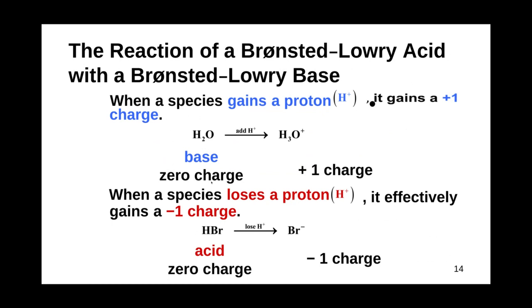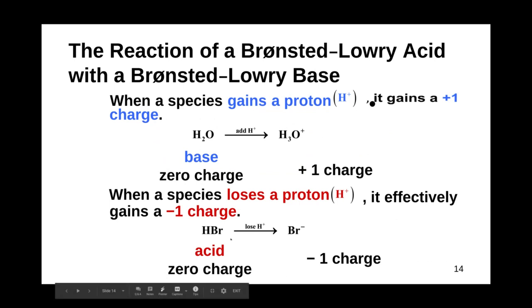So in this case, the initial form of our base, water, is going to gain a proton, thus it becomes positively charged. Because we're adding a proton, we're not adding any electrons with it, so we're skewing the charge, right? In this case, it's neutrally charged, which is cool. But by adding protons, we're making it slightly positively charged.